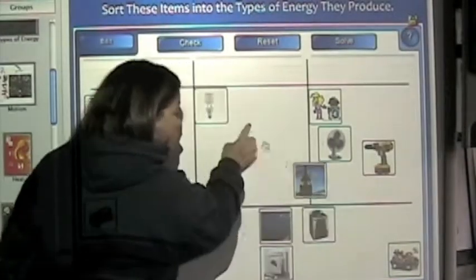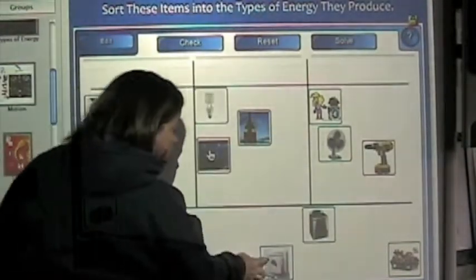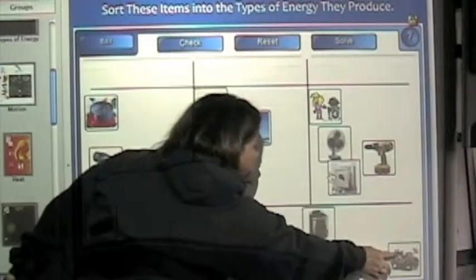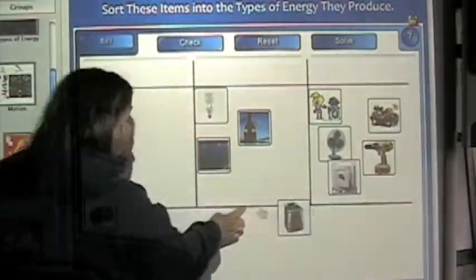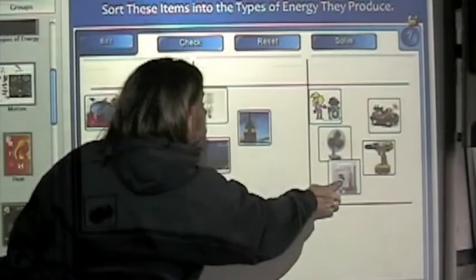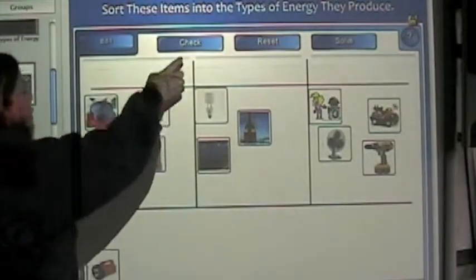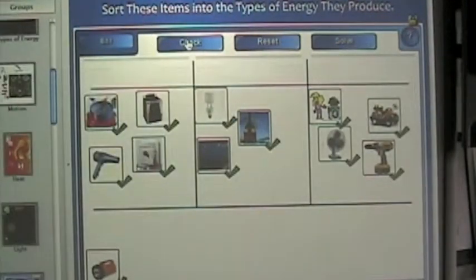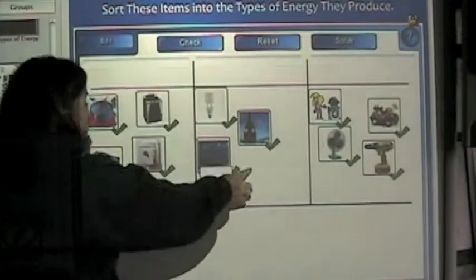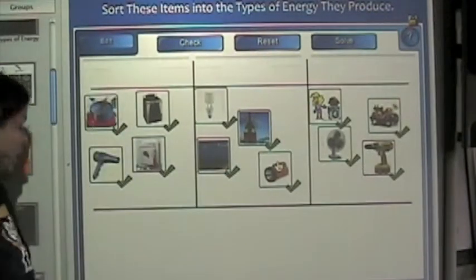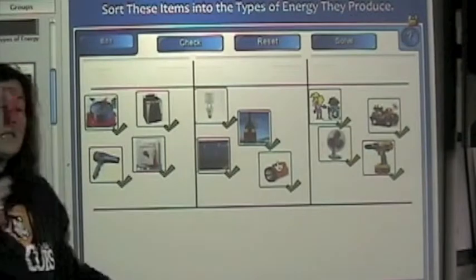So we move all these over. This is light, light, motion, motion, heat, and this goes over here. Then the students would check and see if they're correct. Yes, they're correct. Forgot one. There we go. And so then I would ask them,